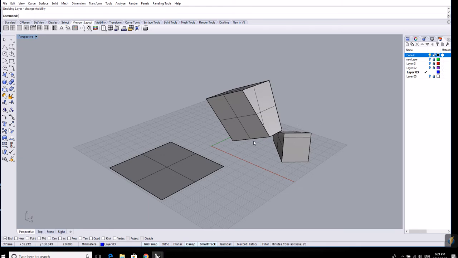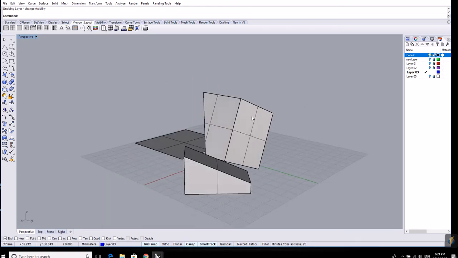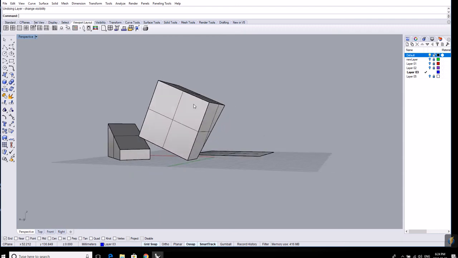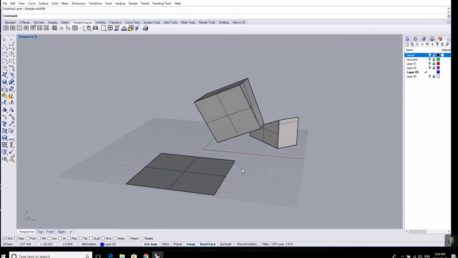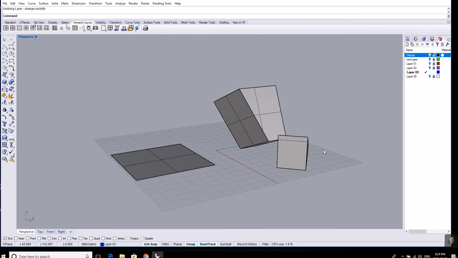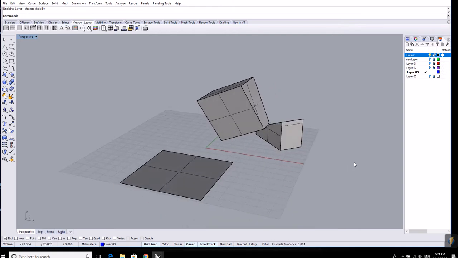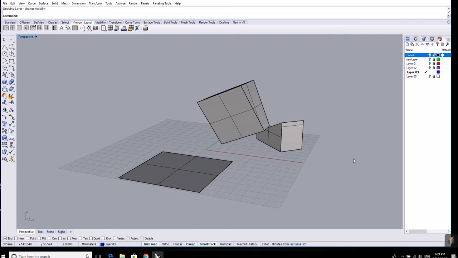So the geometry that I've got here, don't think of this as design. This is just a demonstration. I didn't put any thought into what I did. I'm using it as a demonstration for how you work in Rhino. It's not a demonstration of good design or bad design. So you'll notice that